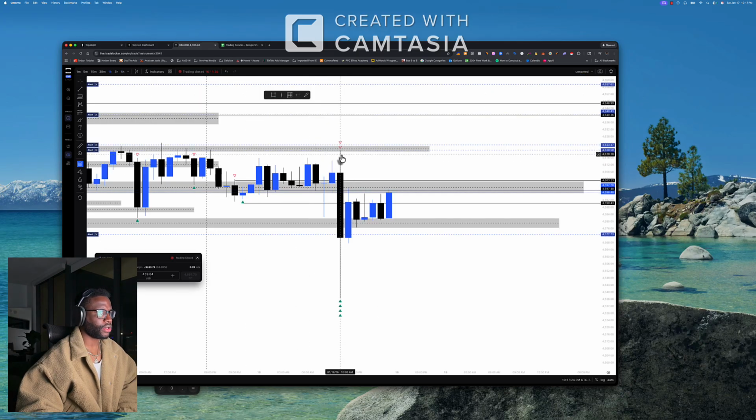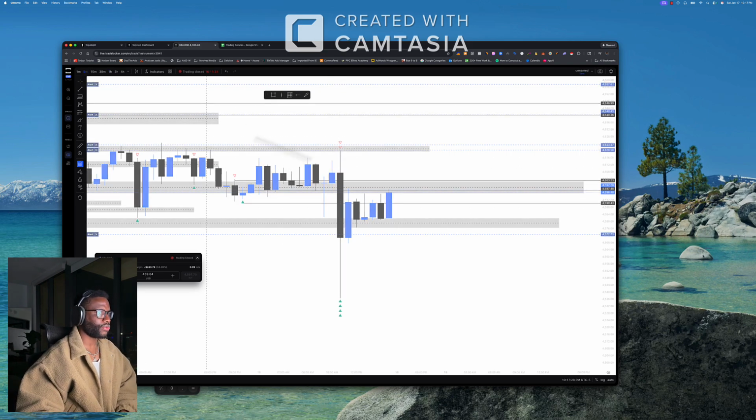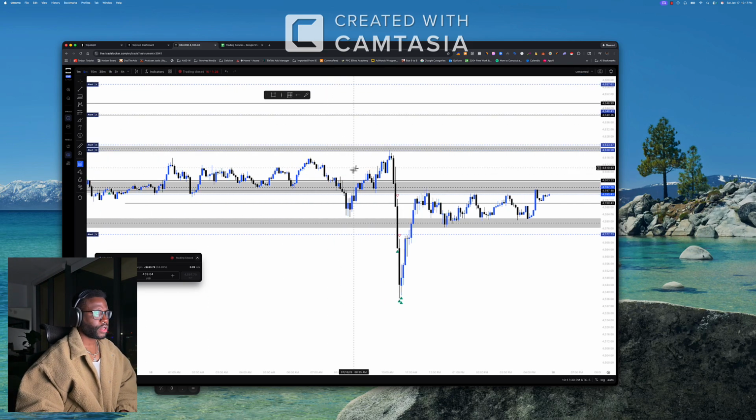And I did set an alert. It went off, and I checked. Next thing you know, I saw a break of structure to the downside. I think it was on a 5-minute. Boom. Saw this, and then I waited a little bit longer, and then I got in here, and I rode this thing all the way down, and I got in again. Solid plays.